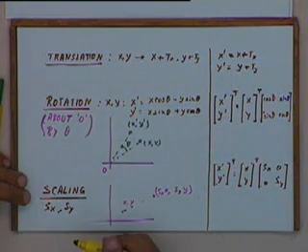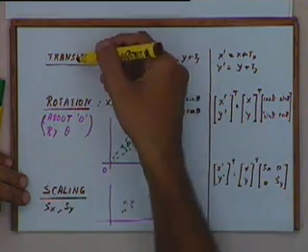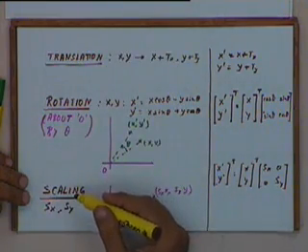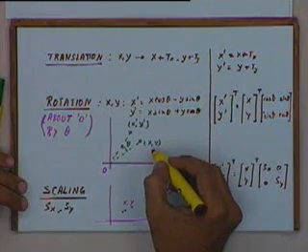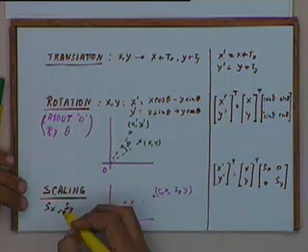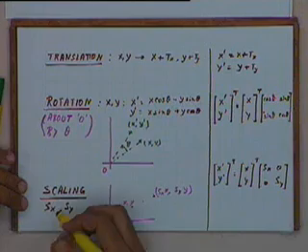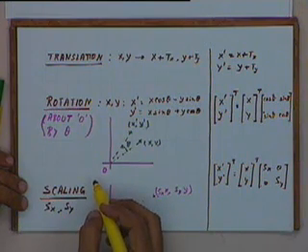Now, by using a combination of these three transformations, we can get any other type of transformation. By using a combination of translation, rotation and scaling, we will be able to get reflections, and rotation about an arbitrary point. We need not always rotate about the origin, we can rotate about an arbitrary point. Using a combination of these three, we will be able to get any arbitrary transformation. We will see how we can combine the transformations and how by combining different transformations we can get arbitrary transformations. We will see that in the next class.